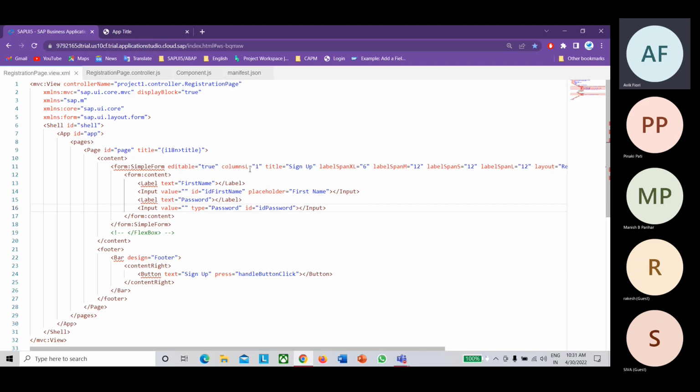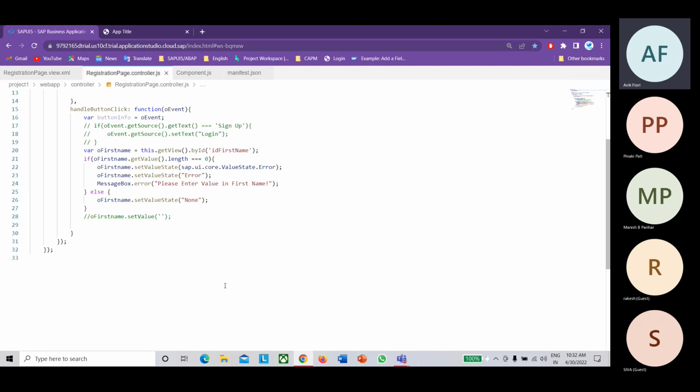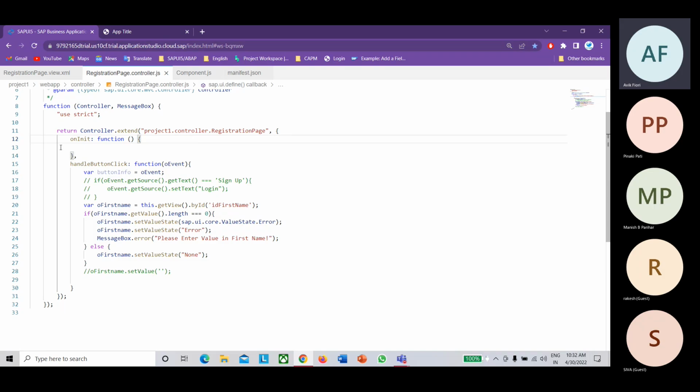In SAP UI5, there are 4 lifecycle methods. When we talk about lifecycle methods, these methods will be triggered automatically, based on your application configuration. You don't have to trigger these methods; they will be triggered automatically at runtime. So what are these methods? There are 4 types of lifecycle methods in SAP UI5, one of which is onInit. Let me declare them one by one.